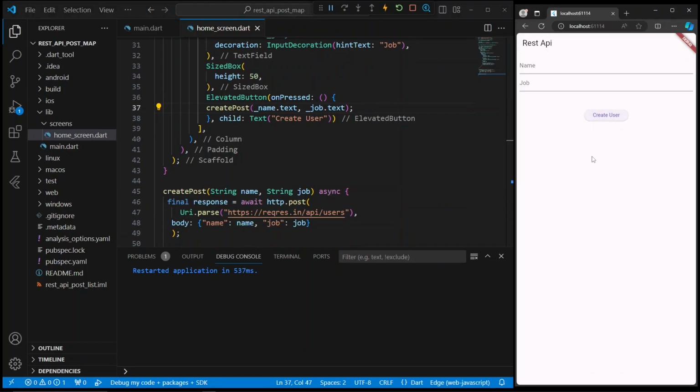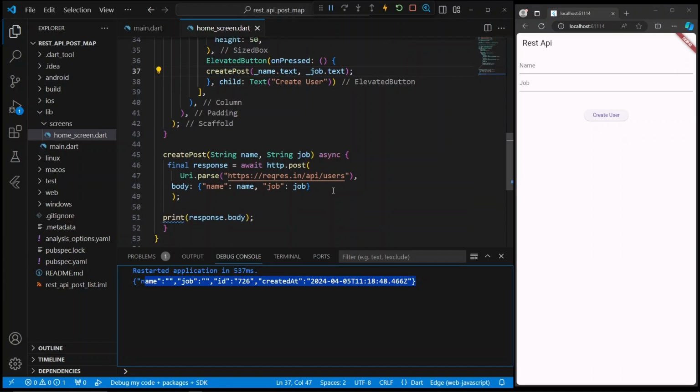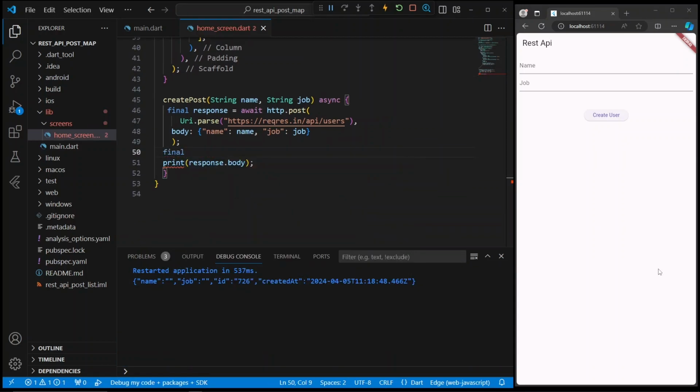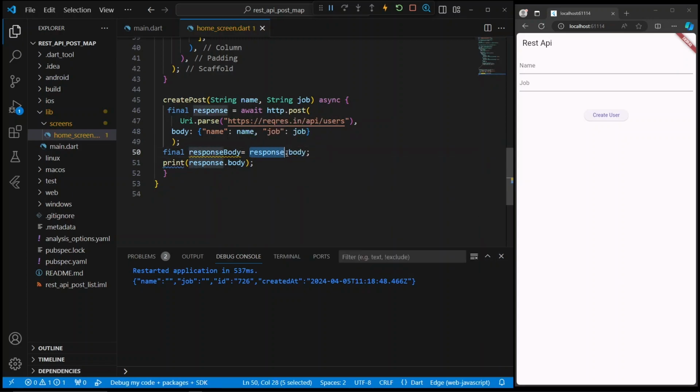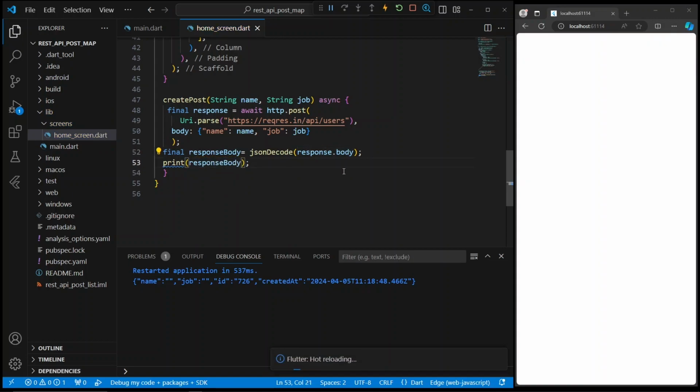Click this button and this data is showing now in a string format. So use jsonDecode to convert string data into JSON format.